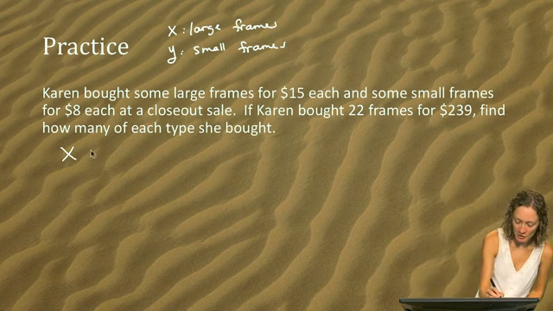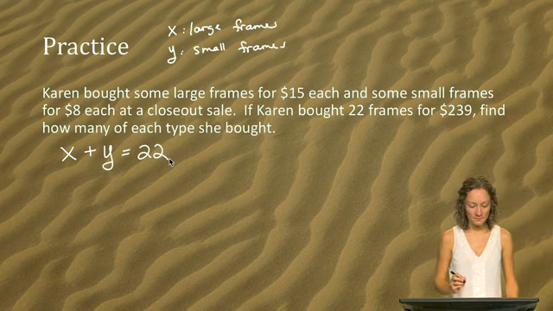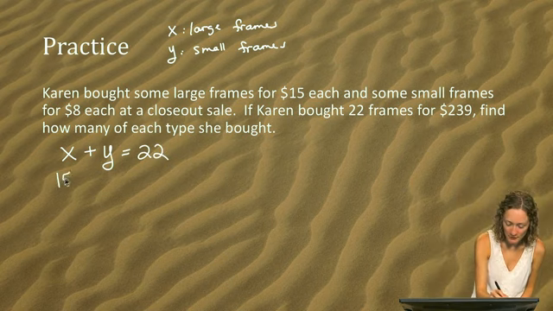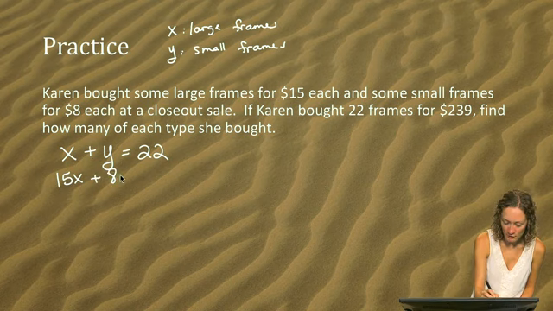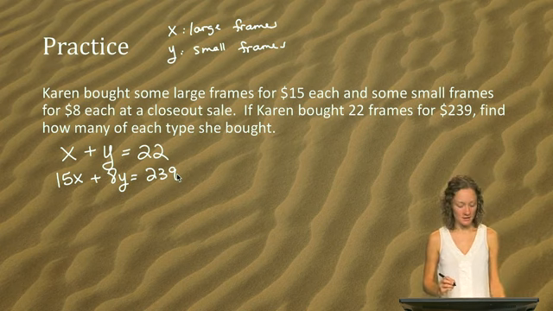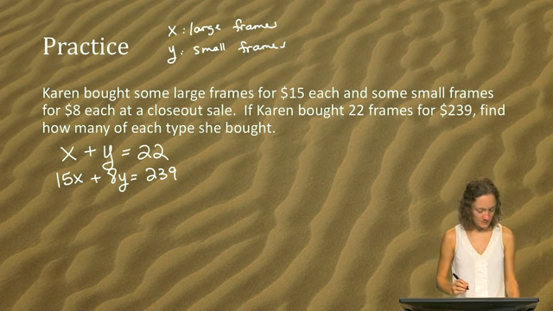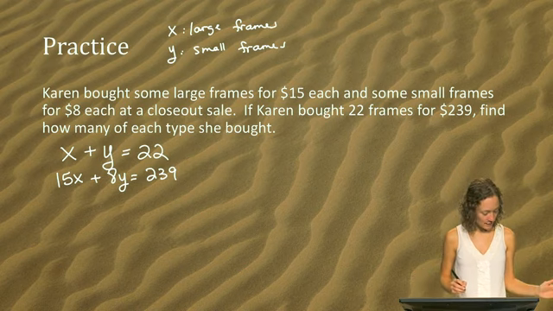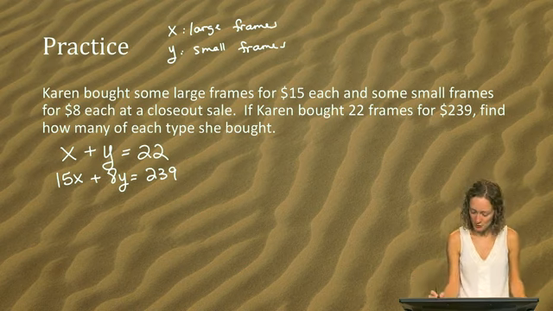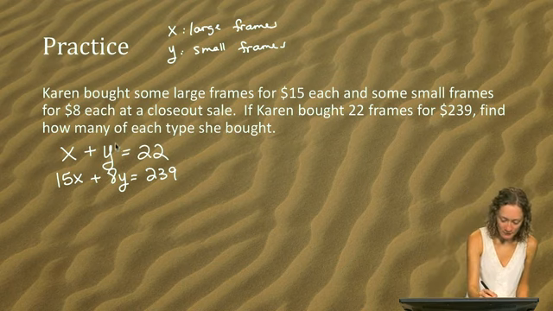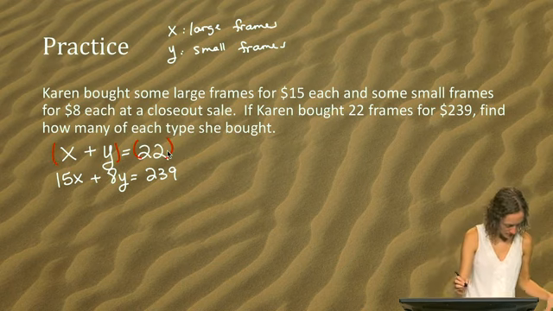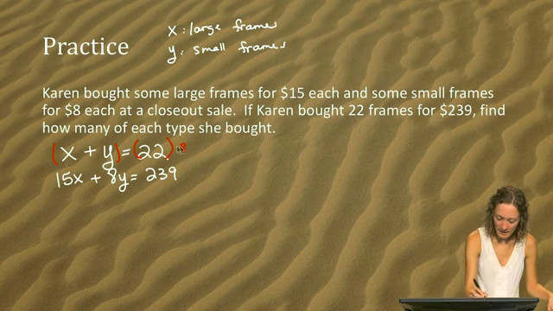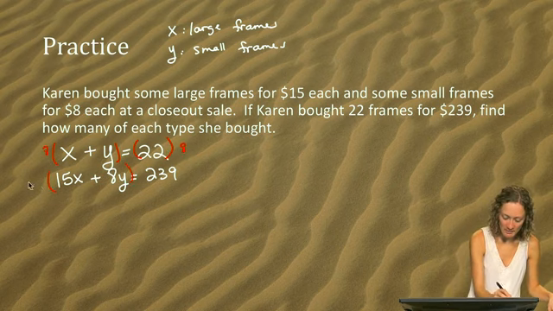So she bought some large frames and some small frames, total of 22. And some of those frames, the large frames, were $15 each. The small frames were $8 each for a total of $239. So here are your two equations. Then pick your method of solving. I'm going to go with elimination in this case, and I'll choose y to get rid of. So I'm going to multiply the first equation by 8 and the second equation by -1,